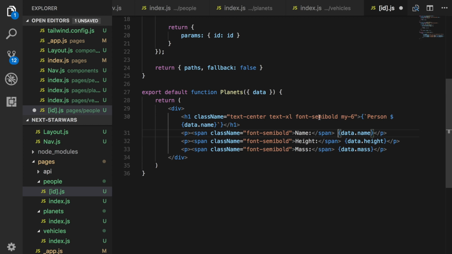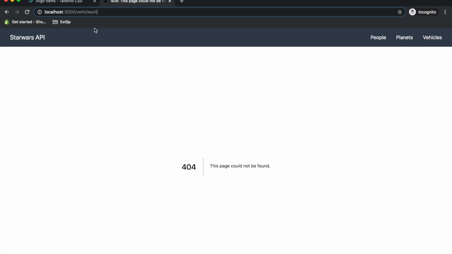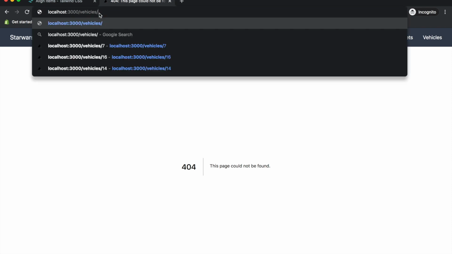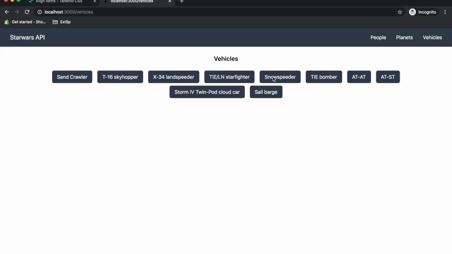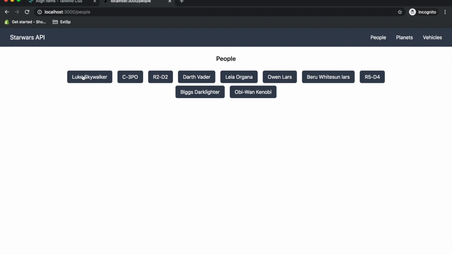Let's add some space. Okay, so I think that's good. So let's save it, go back and see what we got. Let's go back to the vehicles page. Or actually, this is going to be on planets. Actually, it wasn't on planets, it was on people. So if we go to people, go to Luke Skywalker, and